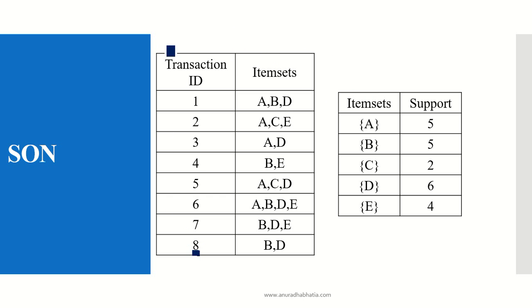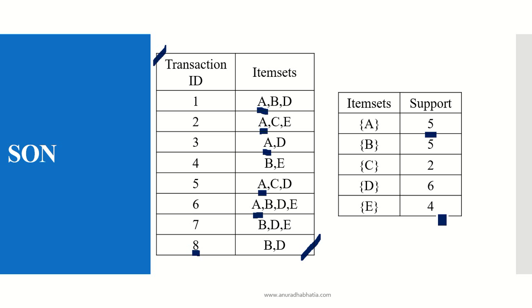In the transaction table over here, we have to find the count with which these item sets are working. Now if I say item set A, the support is 5. How is the support 5? You have to see how many times it is available in this table. It is occurring in this table A, 1, 2, 3, 4 and 5. So here is what I get. Now B is again 5, C is 2, 6, D is 6 and E is 4.